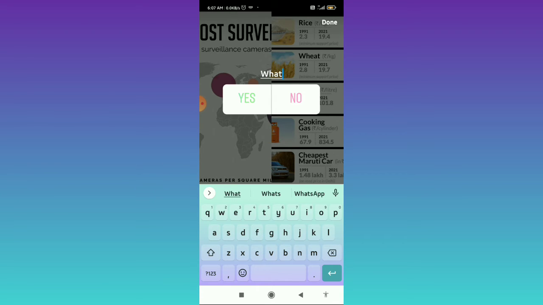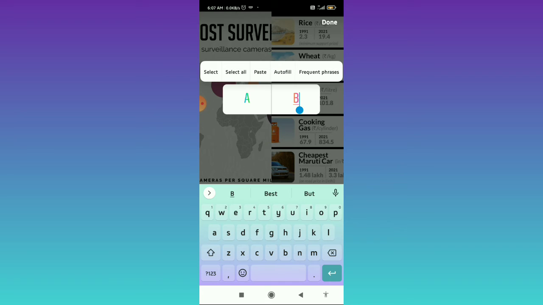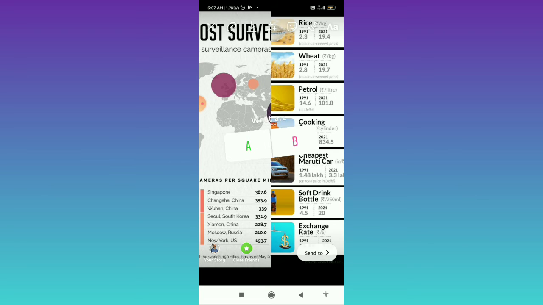So let's see, I ask any of the question, you can ask it, and then you can also edit the poll response by tapping on the yes or no, and you can add anything like, let's see, A or B, you can add this. And after this you can simply click on the done in the top right corner, and now you can resize this poll,